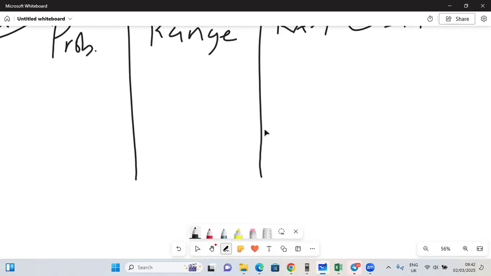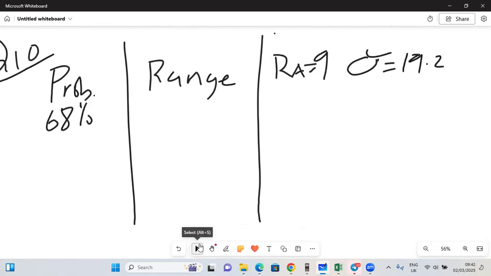That's why, for the probability of 68%, the range is basically either one standard deviation away, either on the left hand side or right hand side. So when you check the empirical rule, where we did normal distributions in quantitative methods, that's the same application we are going to use here. So when we draw the bell shape